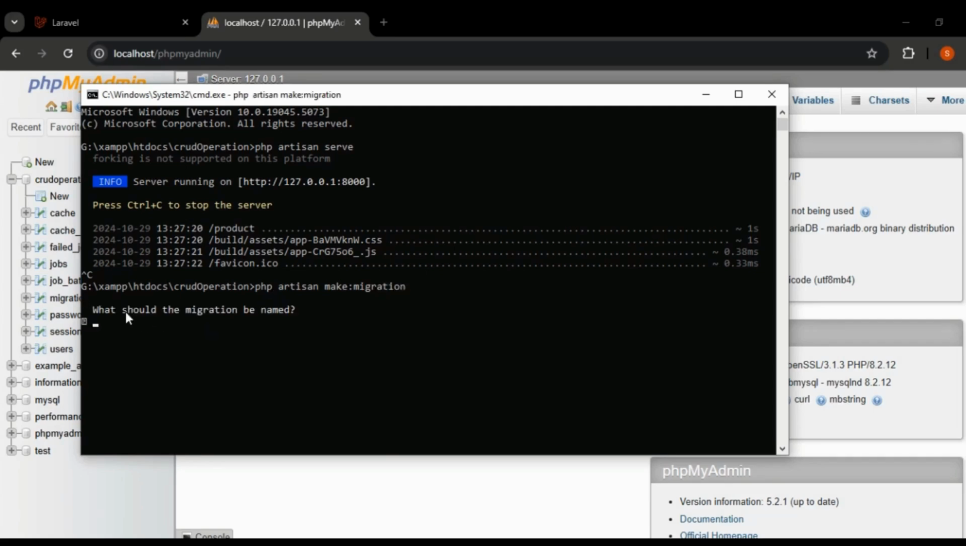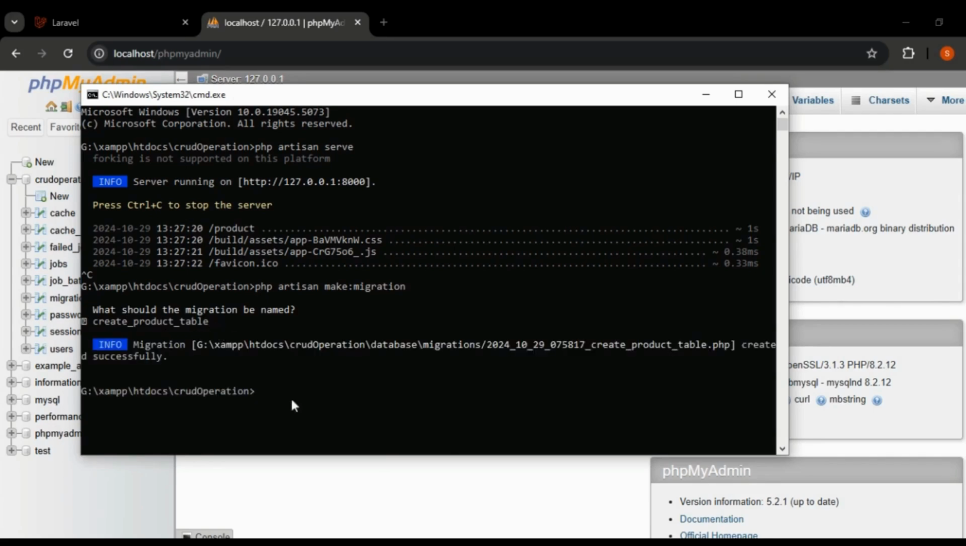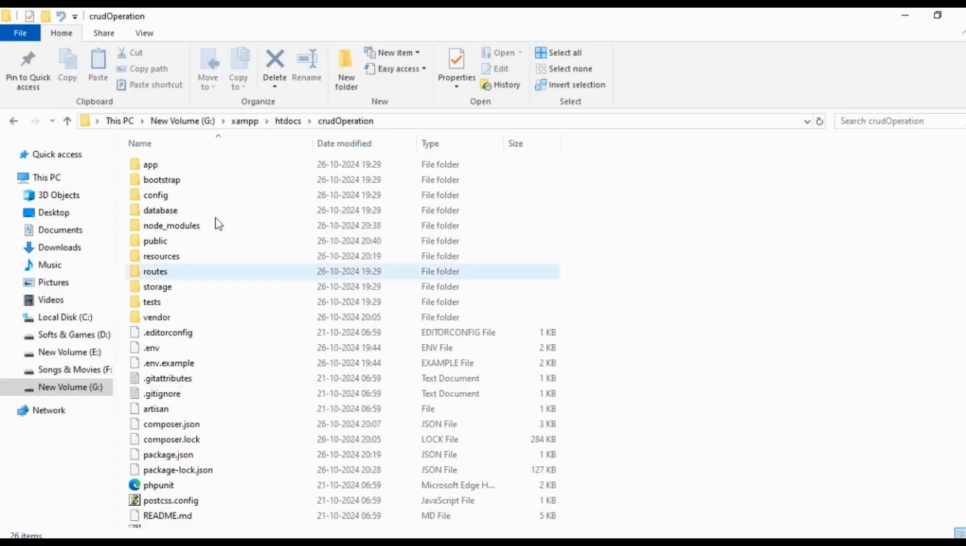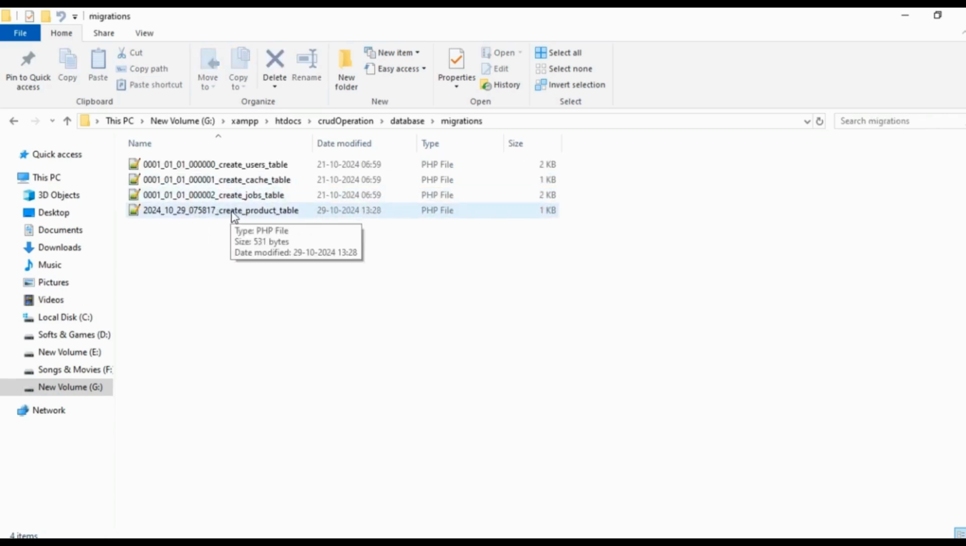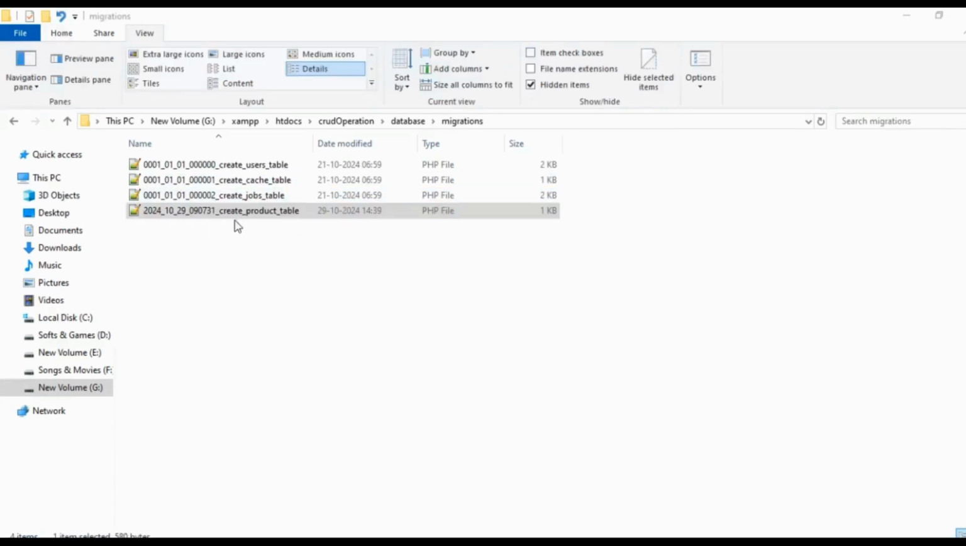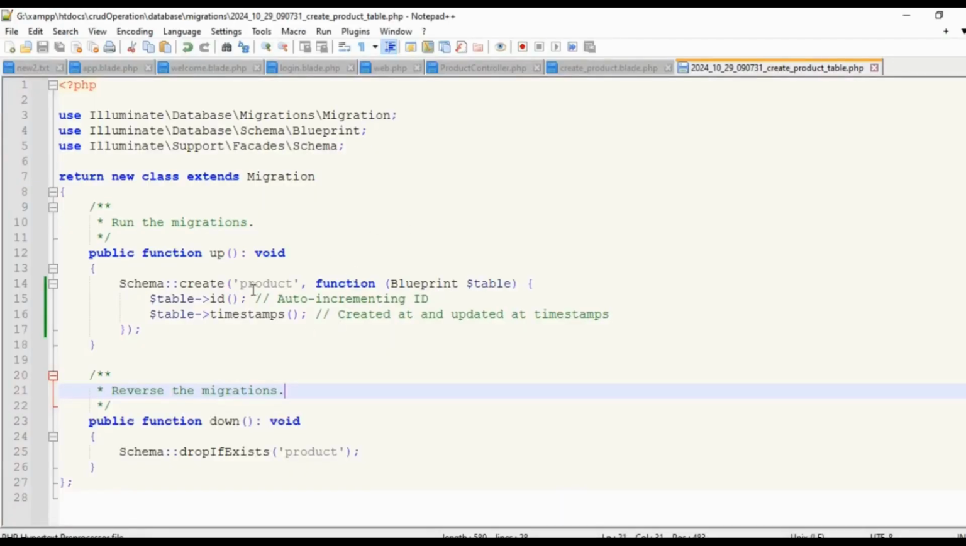Then it will ask you to enter the migration name. Type create_product_table and press enter. So the create_product_table migration file is created, which is located in the database migrations directory at the root of your project. Open the create_product_table migration file. In this file, you'll find the migration code for the product table, which includes fields for the